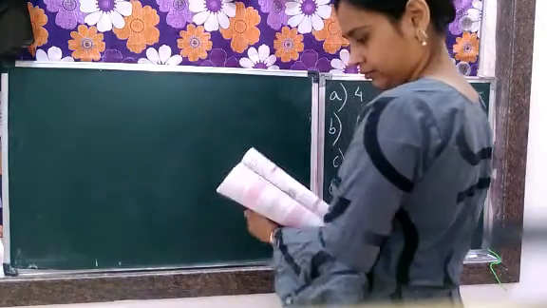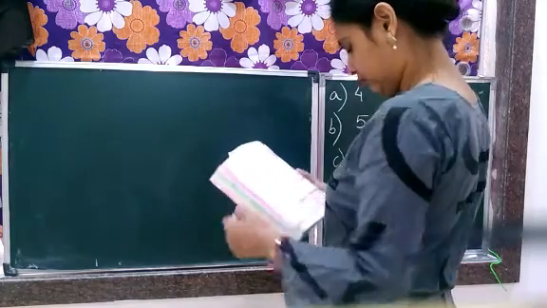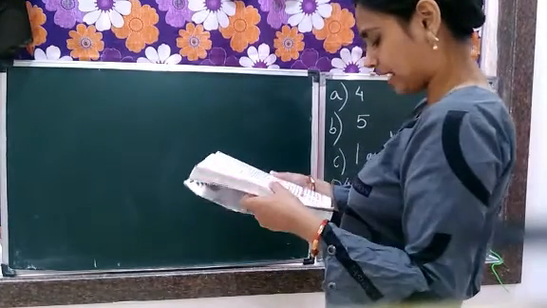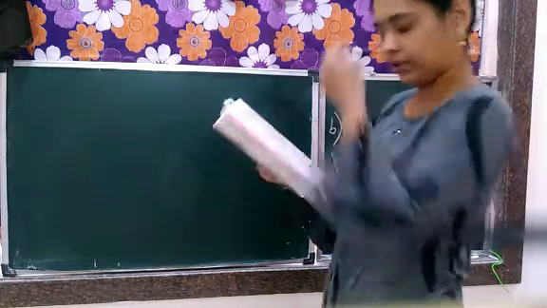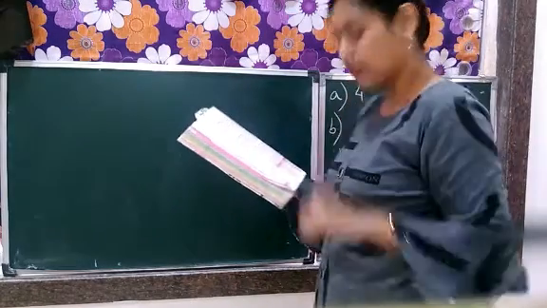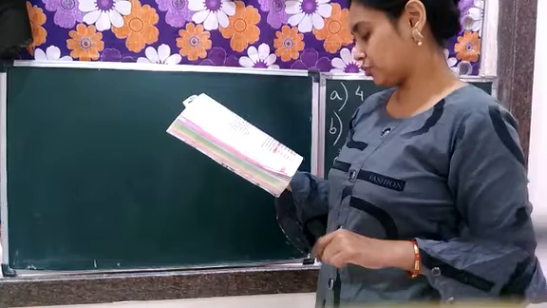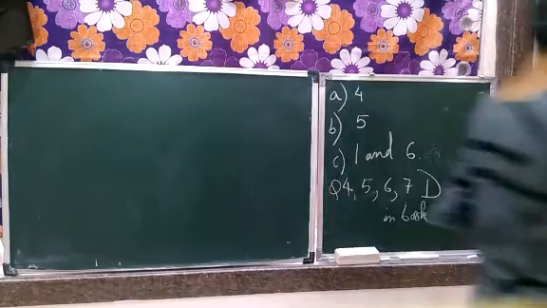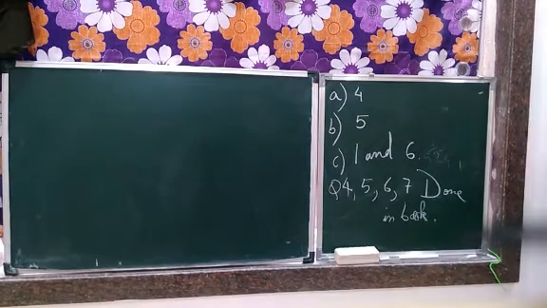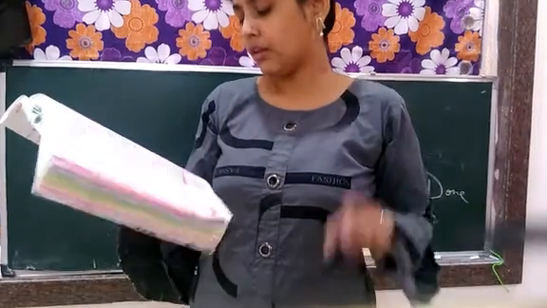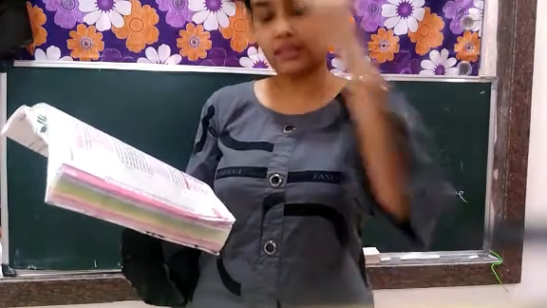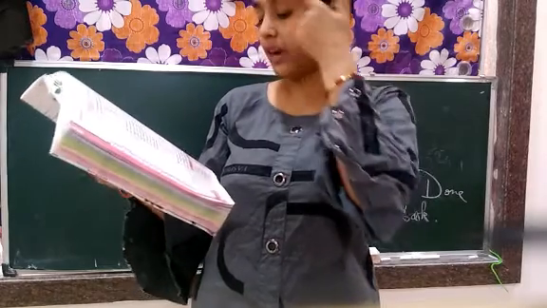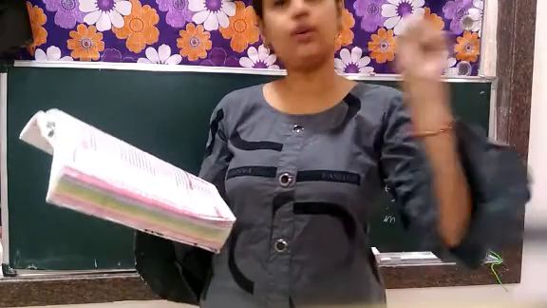Now, the following pictograph shows the number of tractors in 5 villages. You can see the diagram in the book. It is given on page number 192. Number of tractors are given for village A, B, C, D and E. Now, children, there's a scale also given at the side, right top of the pictograph. One diagram is equal to one tractor.